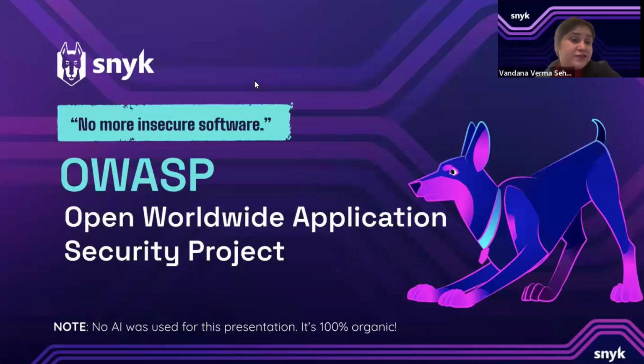Now, while we talk about the age of AI, where we have the LLM top 10 and the agentic AI top 10, I'm going to complement some of the things here. The agentic AI top 10 was released just yesterday at Black Hat, and then there was a summit for OWASP, and you can definitely check that out as well. While we move faster, we have so many frameworks and so many risks associated with them. So we're going to be talking about these 10 most important risks in detail.